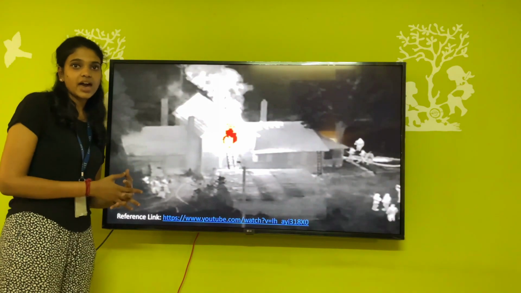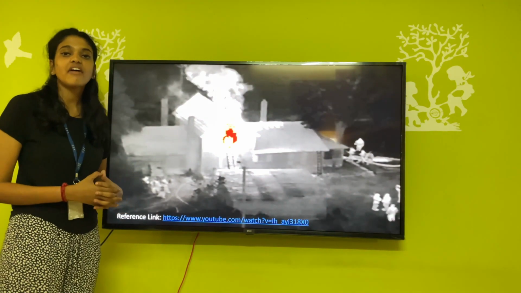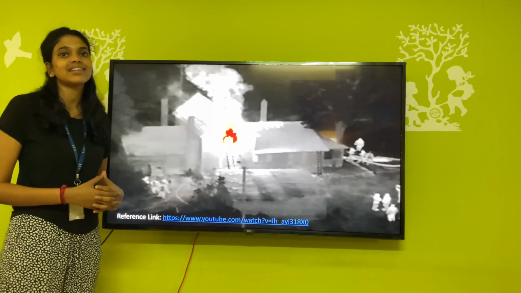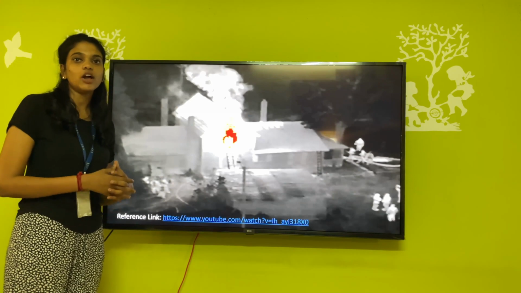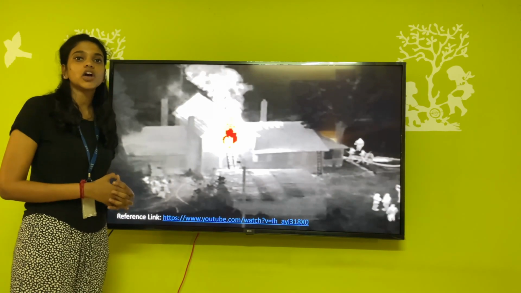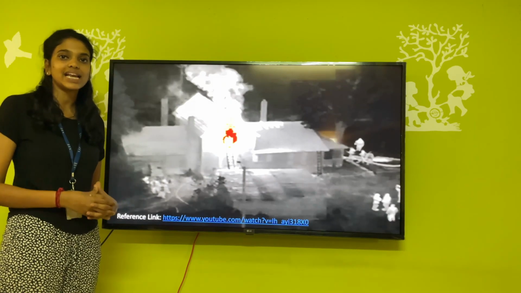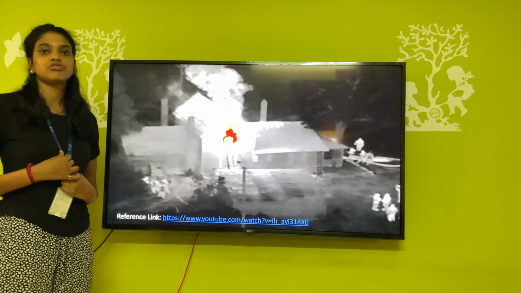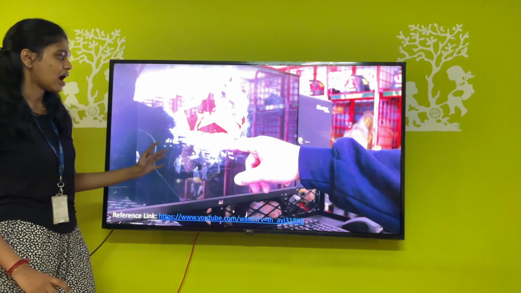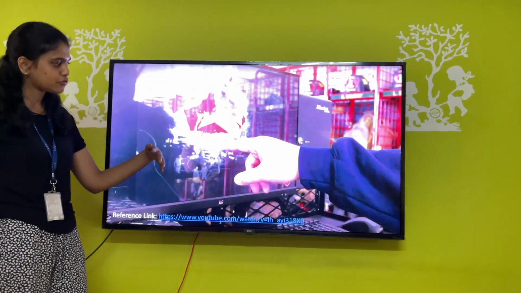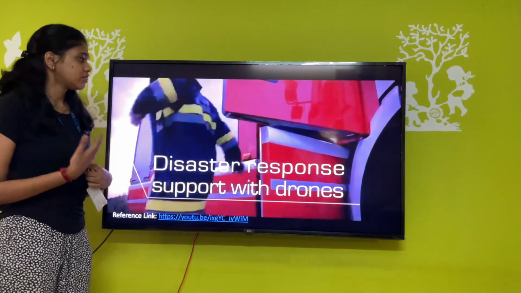To illustrate FANET in a search and rescue scenario, consider the example of a house on fire where firefighters need to rescue people and extinguish the flames. In this scenario, the firefighters can deploy drones to fly over the affected area and provide a comprehensive view of the situation. This enables the firefighters to respond quickly and take appropriate actions to save lives and property. Here we can see the firefighters having a comprehensive view of the whole situation before they decide their next move. So next is disaster response.